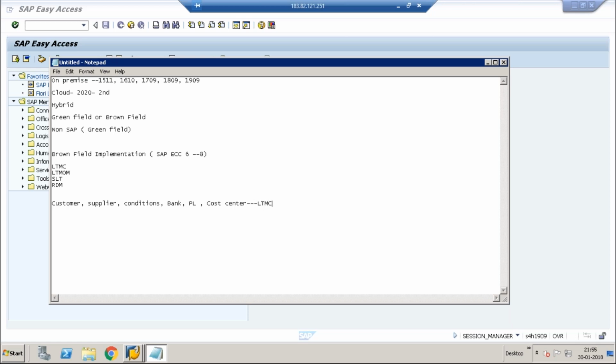So this is the migration cockpit. It is called the Legacy Transition Migration Cockpit. It's LTMC. This is the transaction code and also the cockpit. Okay, so when we use LTMOM,